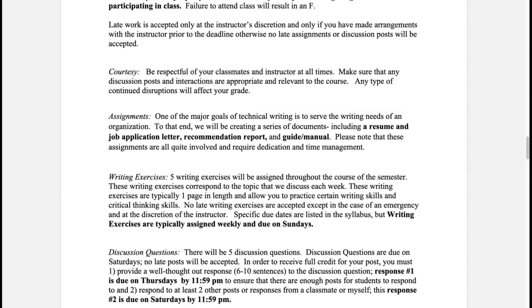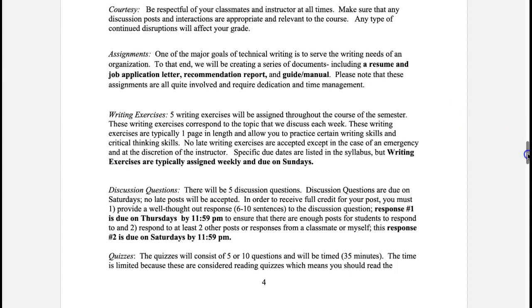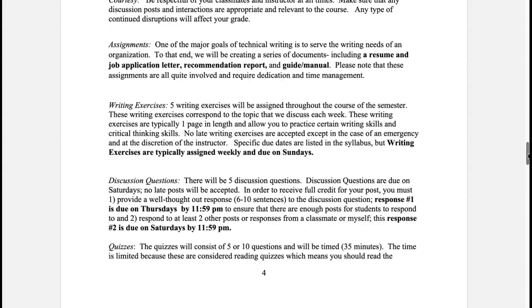Those are typically due on Sundays, and the specific due dates are obviously listed in the syllabus. We're also going to have 5 discussion questions. The discussion questions obviously are meant so that we can communicate weekly. And something very important that you want to keep in mind, that I forgot to mention, is that the writing exercises are worth 20 points, and so are the discussion questions. But I wanted to mention for the discussion questions that you need to provide 2 responses. Your first response is to the original question, which is posted by myself, and this response is due by Thursday,